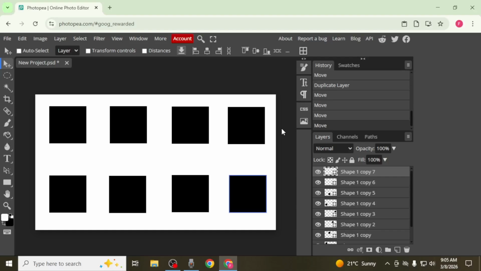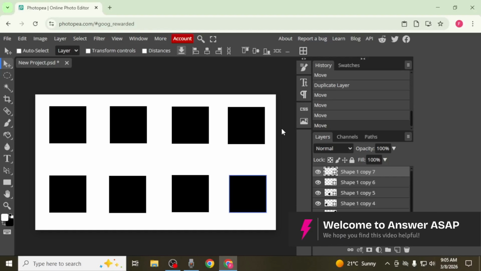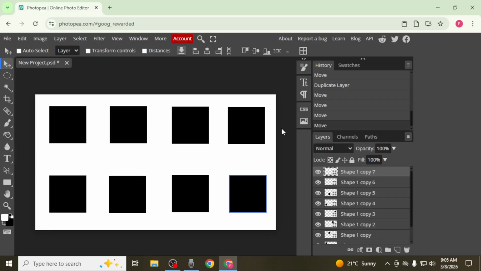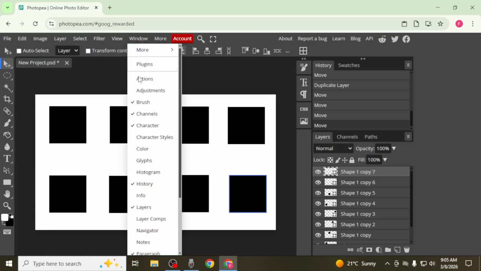In this video, I'm going to show you how to undo and redo in Photopea. Before learning the shortcuts, it is important to understand the history panel, which keeps track of the actions you perform in your project. You can find this panel on the upper right side of your screen. If you cannot see it, click on the window option at the top of your screen and enable the history